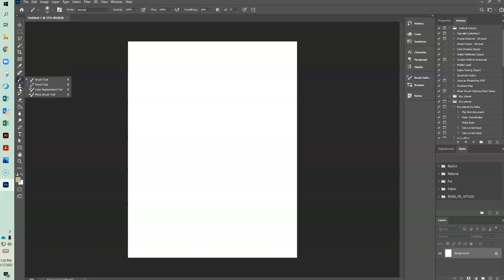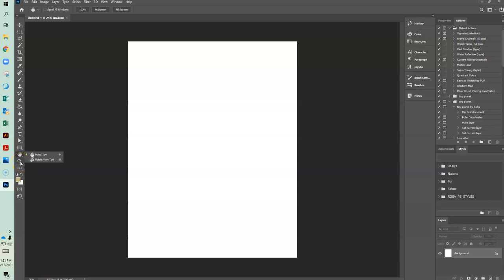And there's regular brushes, a clone stamp, history brush, art history brush. We've got erasers, gradients, blur tool, sharpen, smudge, dodge, and burn, which are pretty much specific to photos. We'll talk a lot about that later. But there's the pen tool, the type tools, path selection and direct selection tool, shape tools,